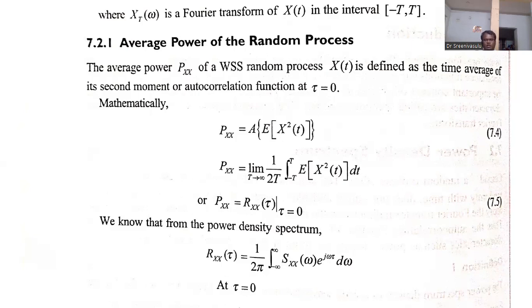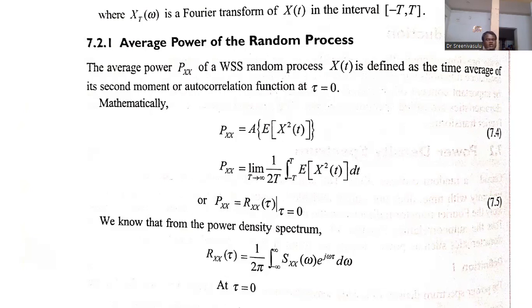There is a formula, limit T tends to infinity. The same formula we are applying here, but it is calculated from second order. In the general formula there is also X square of t, so instead of X square of t we are writing the expected value here. Whatever the power formula is, that power formula we consider here. Instead of general X square of t, here it is the expected value of X square of t. Again, you see the average power is obtained from the random process, the average of the expected value of X square of t.